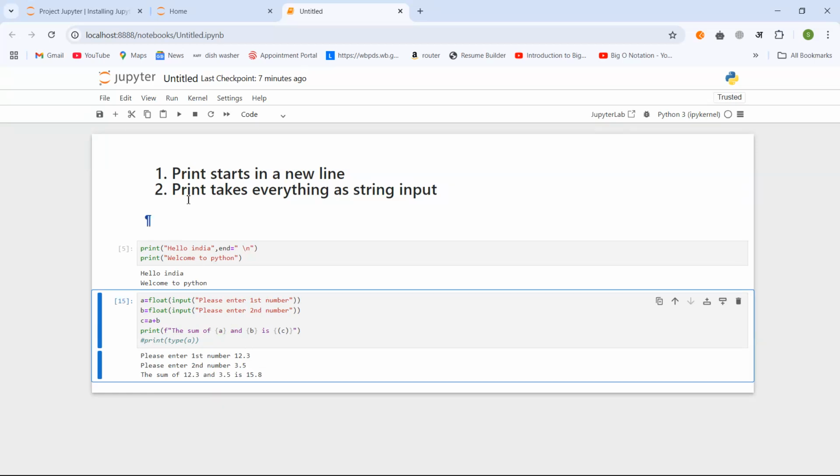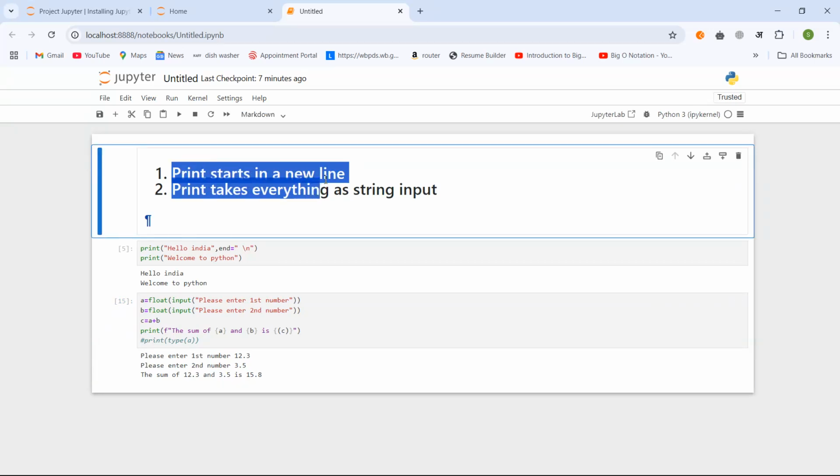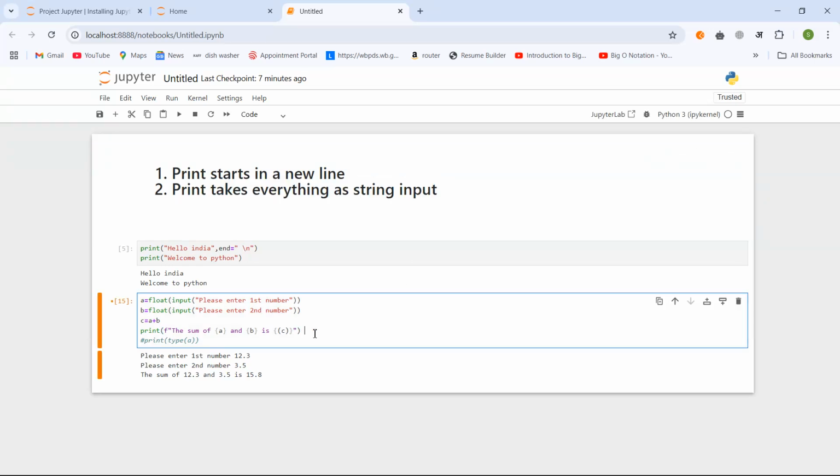So that's all about the print statement, that print starts on a new line. Fine. And print takes everything as string input. It treats everything as a string from the console. Whatever value you are taking from the console, it treats as a string. It's something like Java as well. Java also treats everything as a string, and for that reason in Java, whenever we write that